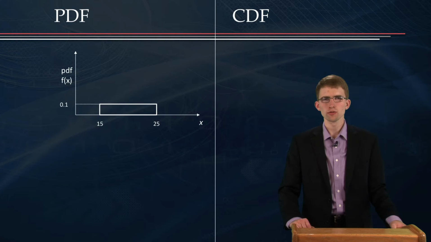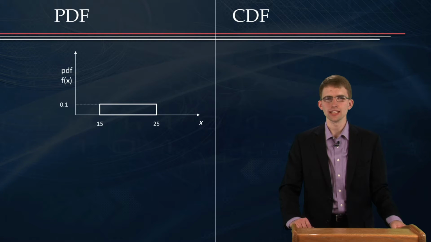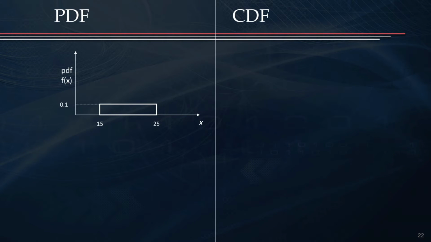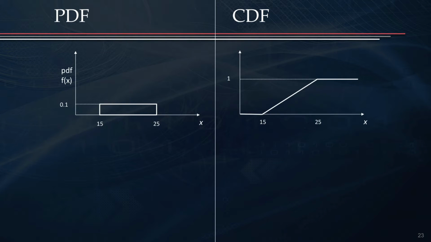This is for a uniform random variable, much like the one in the pipe example, but this one takes values between 15 and 25. And notice that the height is 0.1. This is so that the area under the curve is equal to 1. Now I'm going to express the same information on the right-hand side in a different way using the cumulative distribution function. Notice that this has the same range, 15 to 25, with an upward sloping line between these two values